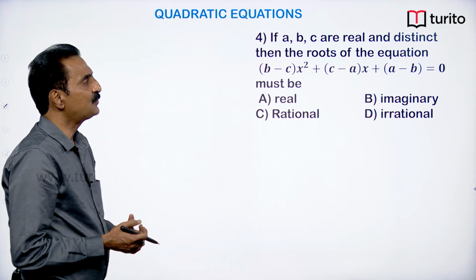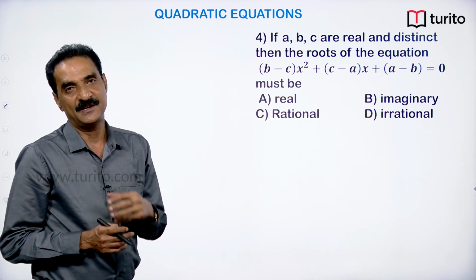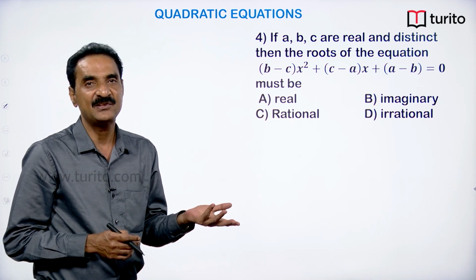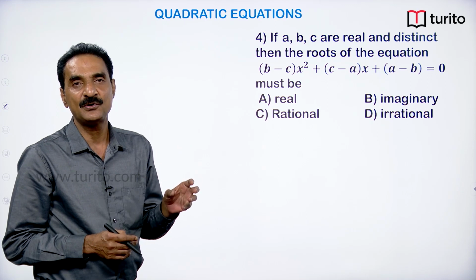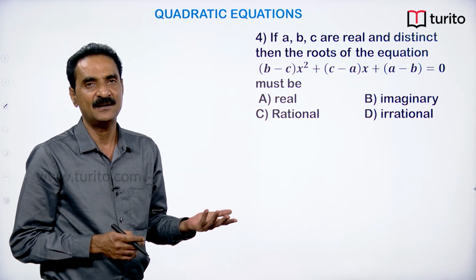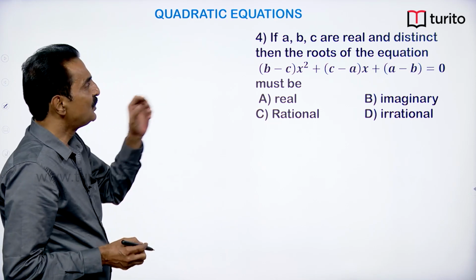Here what will you do? To know the nature of the roots, you will apply the discriminant. You will find the discriminant. If the discriminant is positive, roots are real and distinct. If the discriminant is equal to 0, roots are real and equal. If the discriminant is negative, roots are imaginary. Usually, complex roots are called imaginary roots. So you will find out